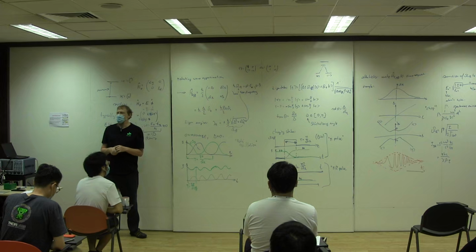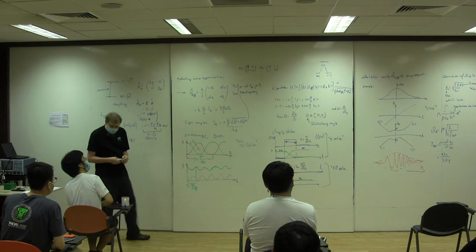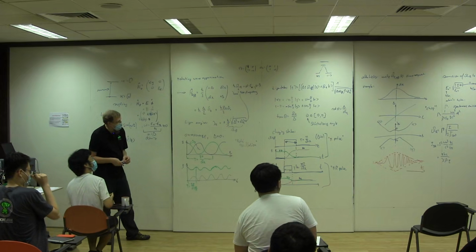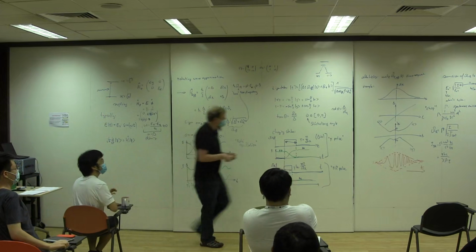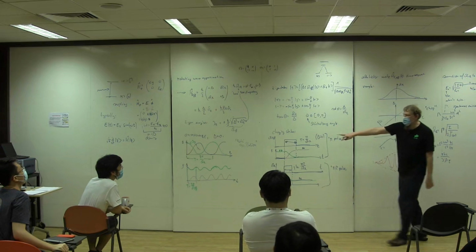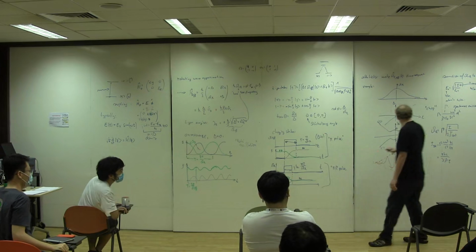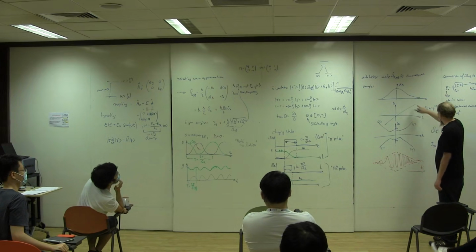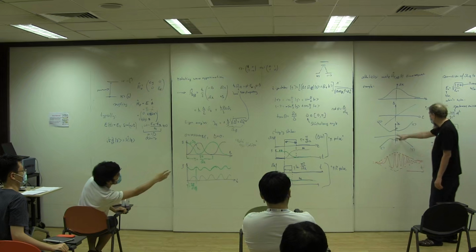Any other questions? Yes? Why could t take minus values? Did I miss something? When t takes minus values. The pulse time here? I mean, in that picture. Oh, which one here? The curve. This one here? Yeah. Oh, okay. So